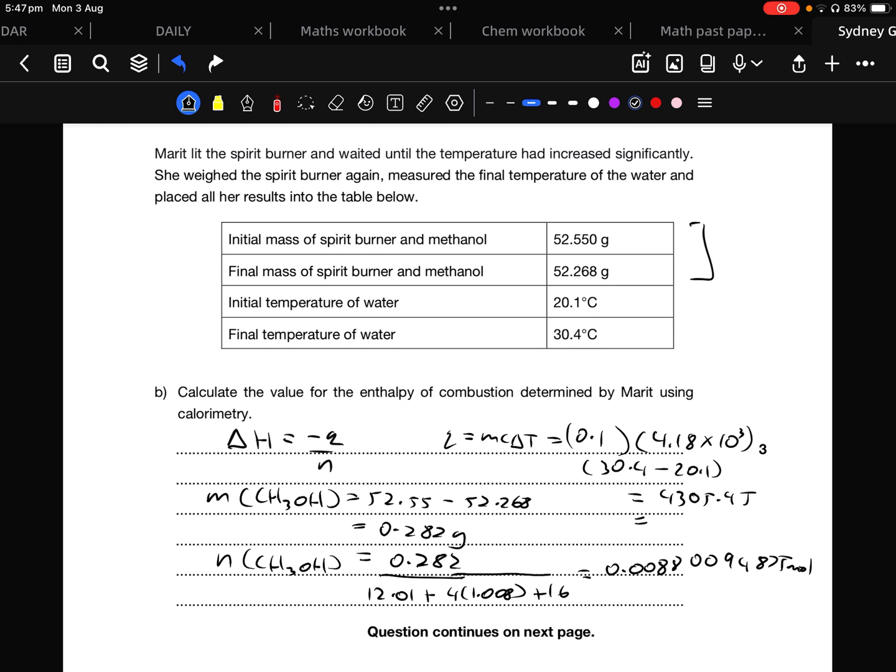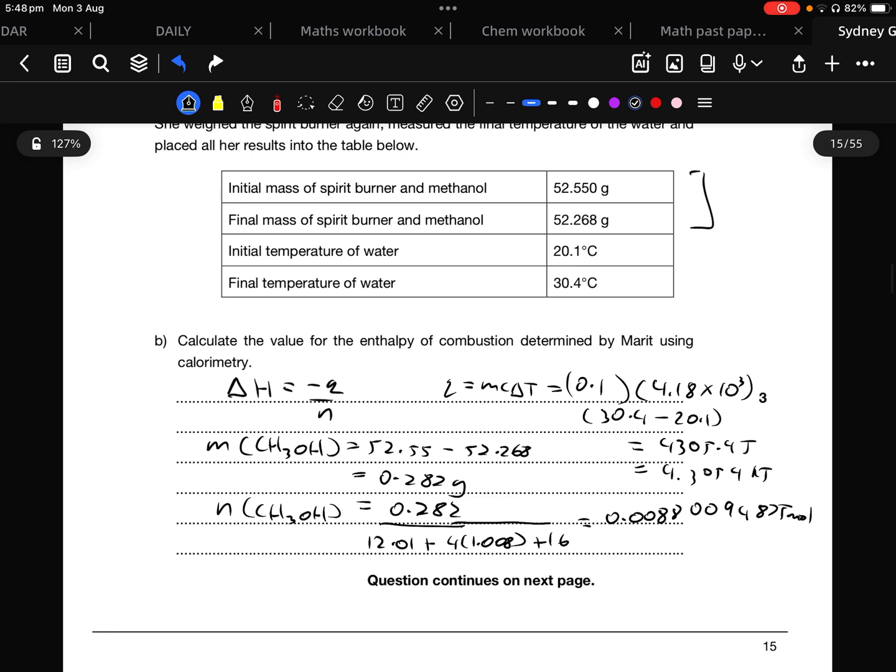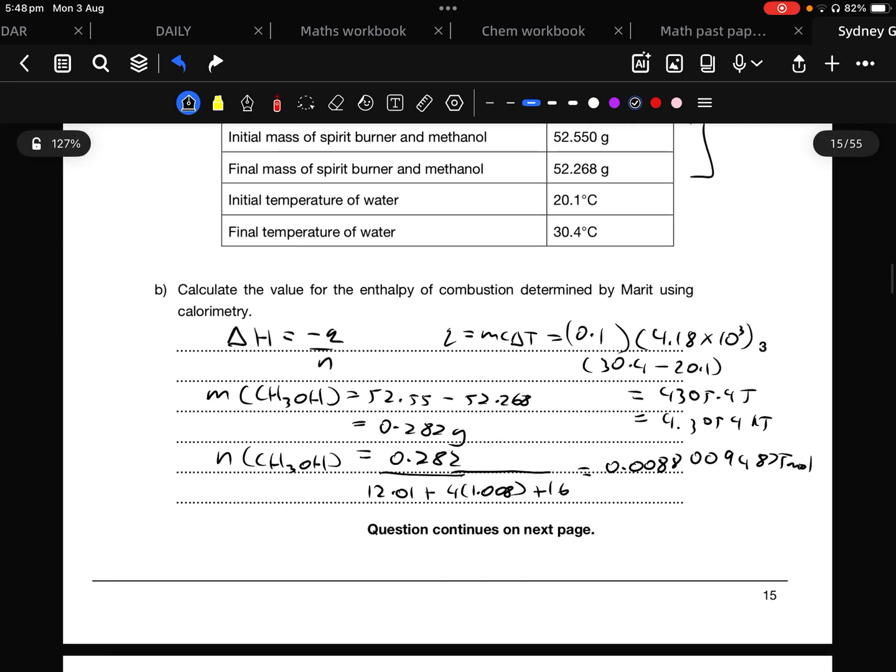And we know 1000 joules is 1 kilojoule. So this amount of joules is just 4.3054 kilojoules. So now we got our Q value and our n value. Now I can easily calculate delta H,